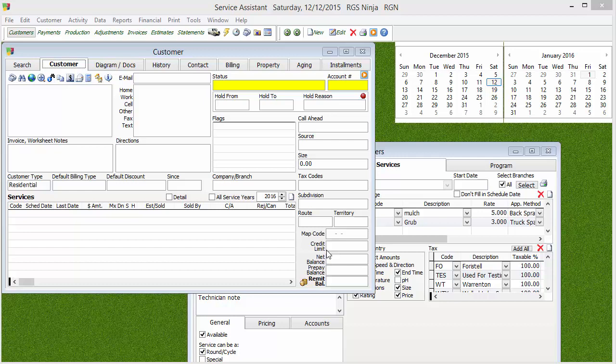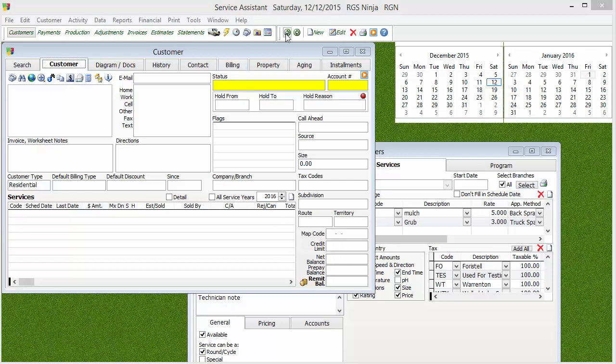But again, you're spending 2 hours a day figuring out your routes and stuff like that, where if you have the routing assistant, just throw them on the map, grab the people that you want, and boom, you got that route for the day. Like I said, there are things in the software that you're never going to use because it's just an older way of doing things, and because of that, with the routing assistant and GPS and all that stuff, you really don't have to do it that way anymore.